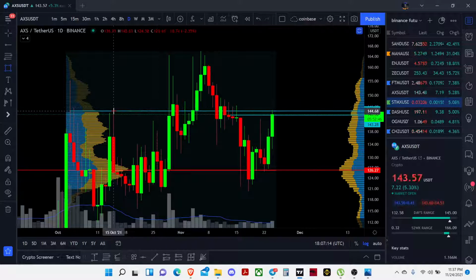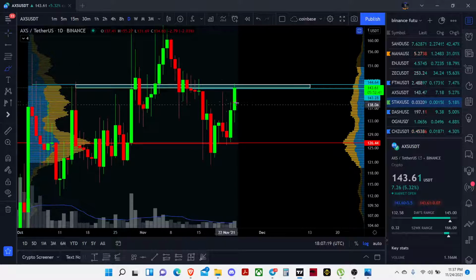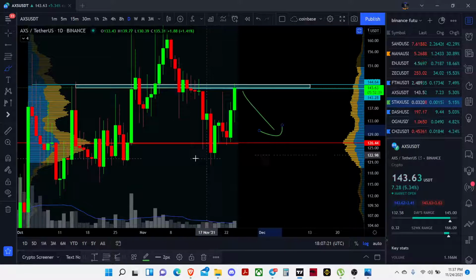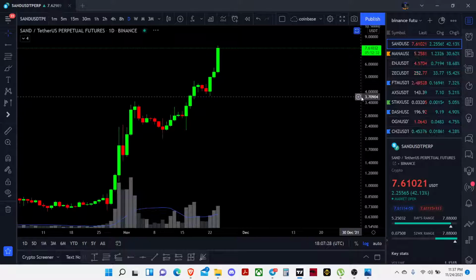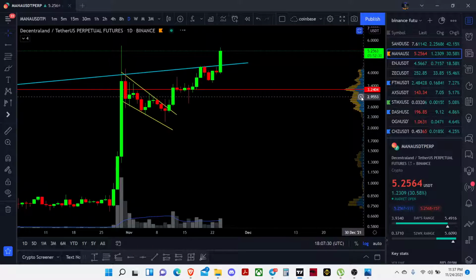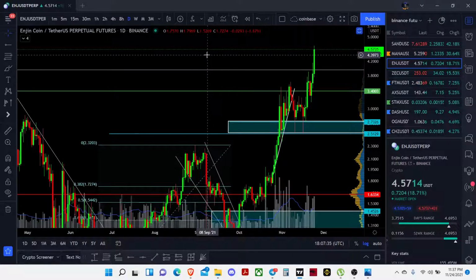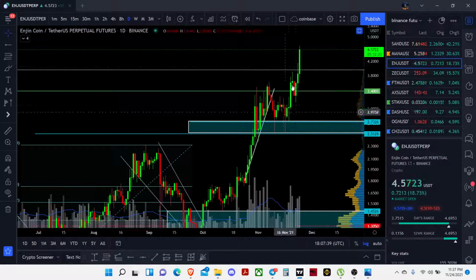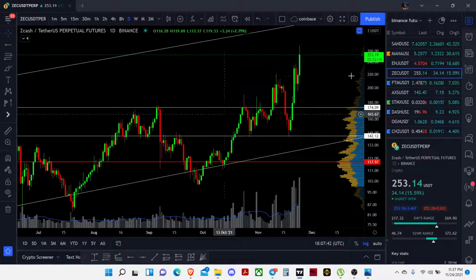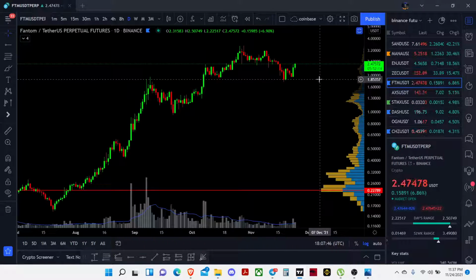I think it's probably going to come back down from here because, yeah, I don't know why, I have got a little bit bearish about the AXS. I know that it's from the NFT category. It could have a big move, but yeah, every single thing has a good target. So it will only pump until it reaches its target, and after reaching the target, it will come back down because the big people unload their wallets.